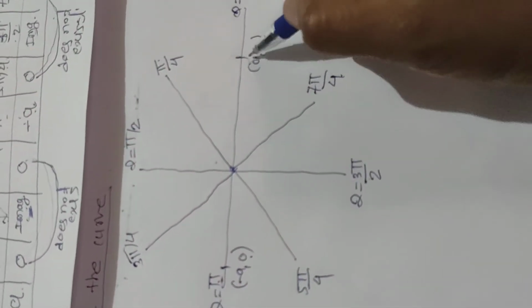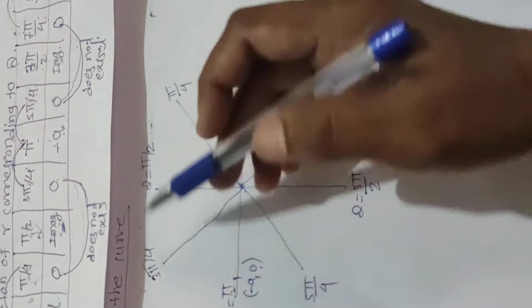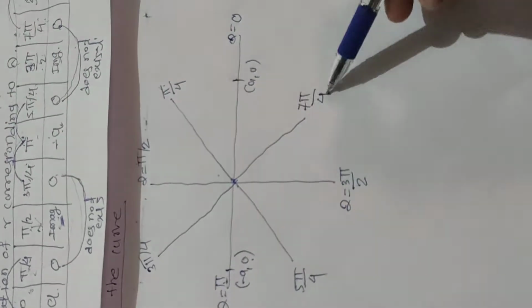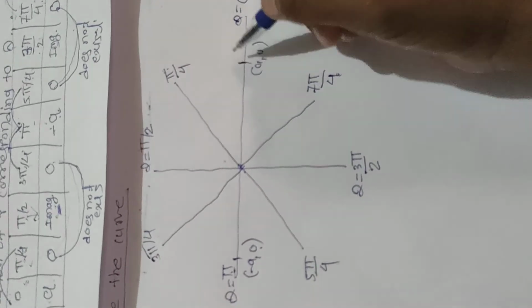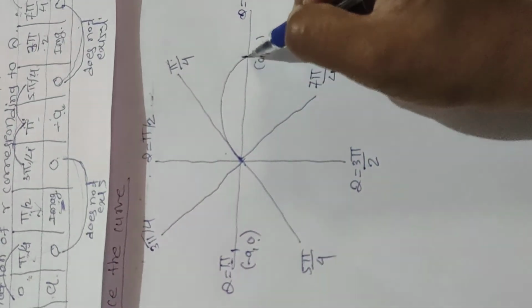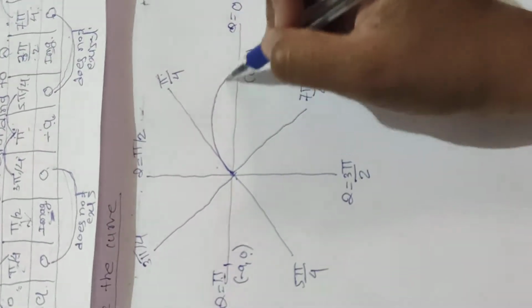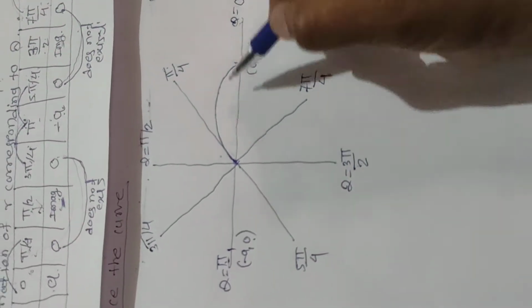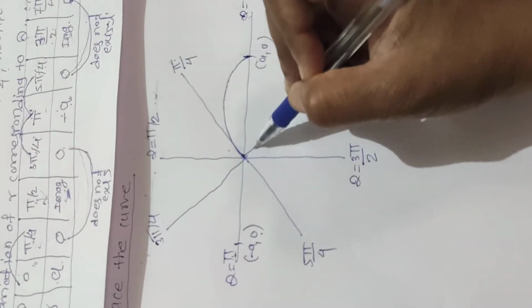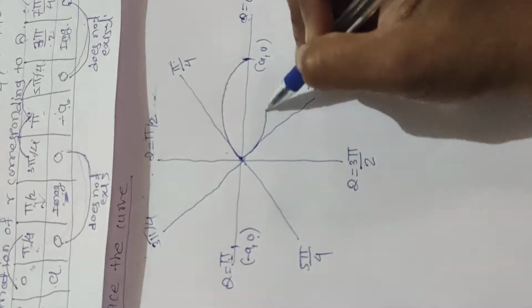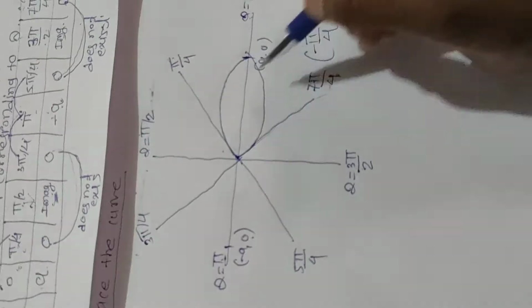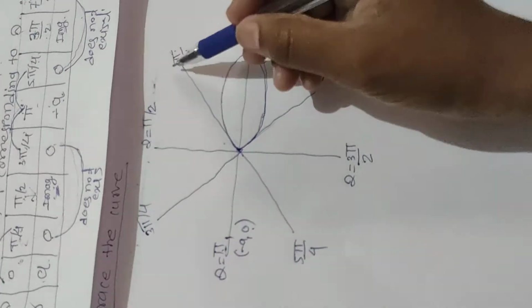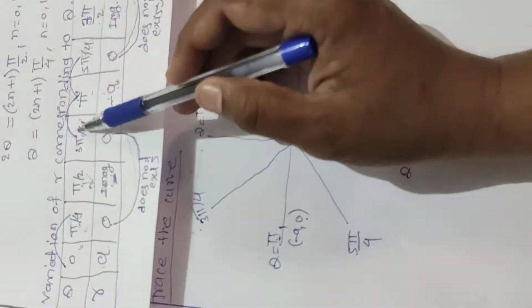After that, see here at first the curve lies between 0 to pi by 4, but pi by 4 is the tangent of this curve. 3 pi by 4, 5 pi by 4, 7 pi by 4, these are the tangents at the pole, right? So how to draw the curve? The curve passes through this point, and pi by 4 is the tangent, so this part, right? But this curve is symmetric about the initial line, that means the same part lies on the downward side. Similarly, 7 pi by 4 is nothing but minus pi by 4, so this again is the tangent of this curve. But from pi by 4 to 3 pi by 4 the curve does not exist.